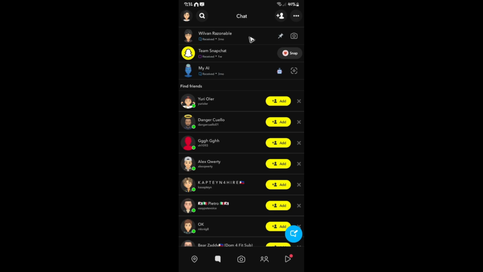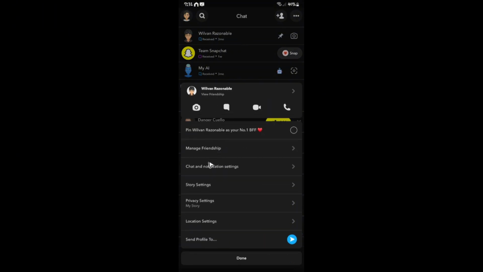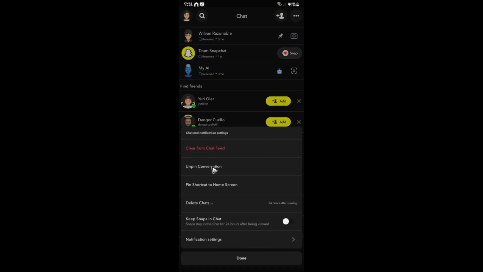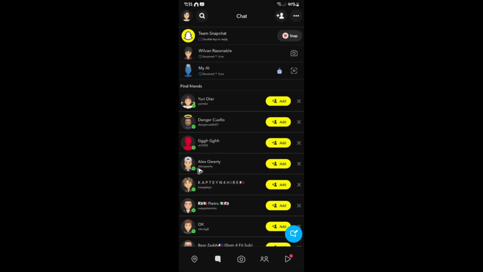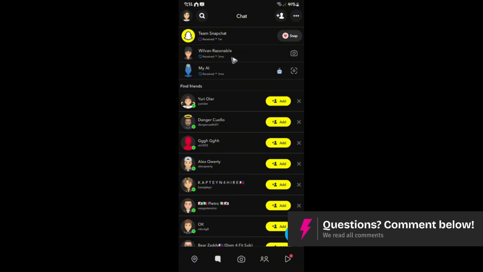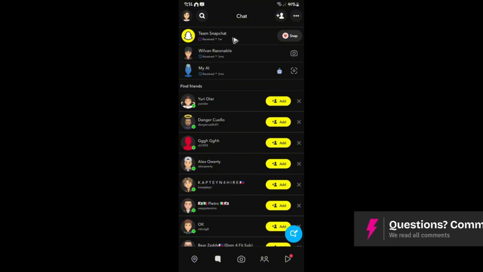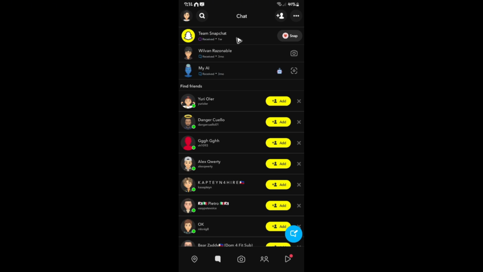Now, if you unpin someone, let's say, for example, right here, I'm going to tap and hold on the person. Then again, chat and notification settings, unpin conversation, and as you can see here, he's now second in the list, and that's because this one was received 3 months ago and this one from Snapchat itself is the latest. All right, and that's basically how you unpin